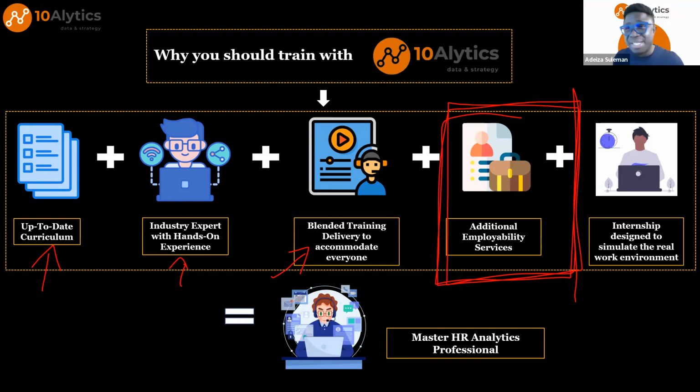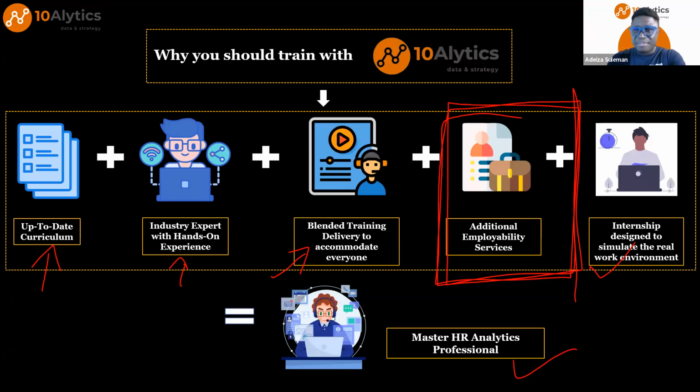But I'm going to tell you the secret today. Don't tell anybody. I'll tell you the secret why people get jobs, why we've been so successful in helping people to land different roles across different areas, what we've done that has made us so successful, and how you can also learn from that as well. And of course, you get to join our internship. And at the end of the day, when you complete all of this, you become a master HR analytics professional. So what's that secret that would make you stand out from the competition to even get that interview and ensure that you're able to secure the job?